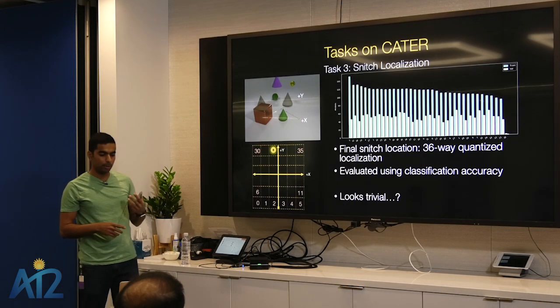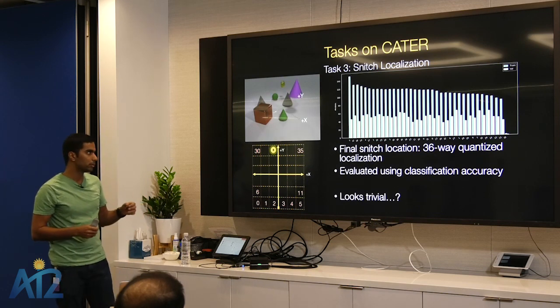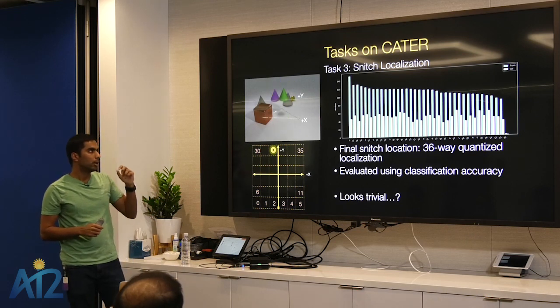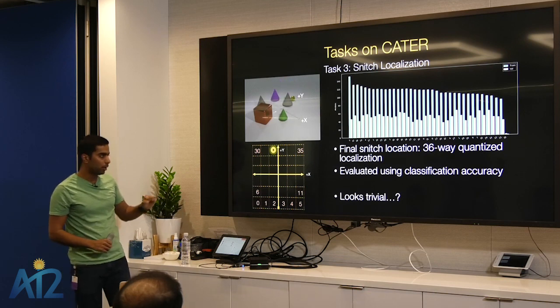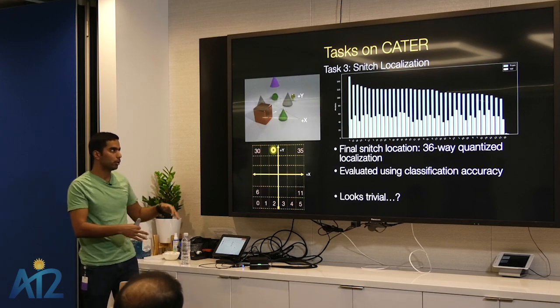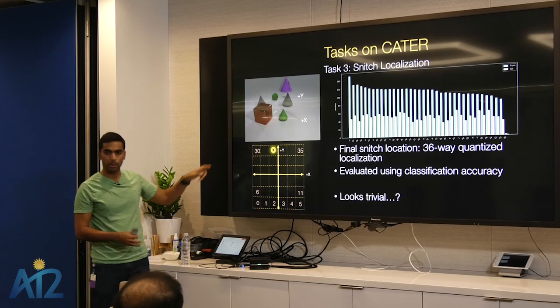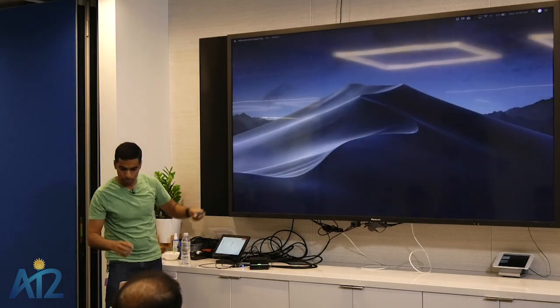And then finally, the most interesting task on this dataset is what we refer to as snitch localization. The snitch is that golden thing, and the task is to classify where that snitch is at the end of the video. Again, we set it up as a very simple classification problem, where we make a grid on the floor, and it's a 6x6 grid, so it's just a 36-way classification problem. And yeah, so you just have to classify which of these blocks